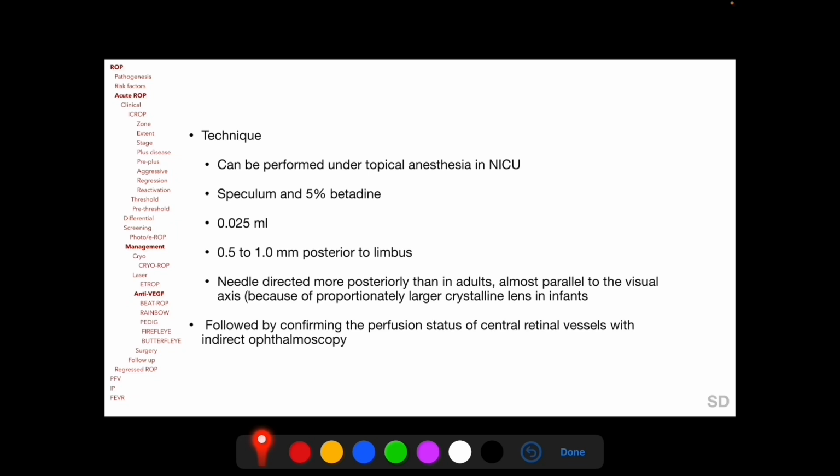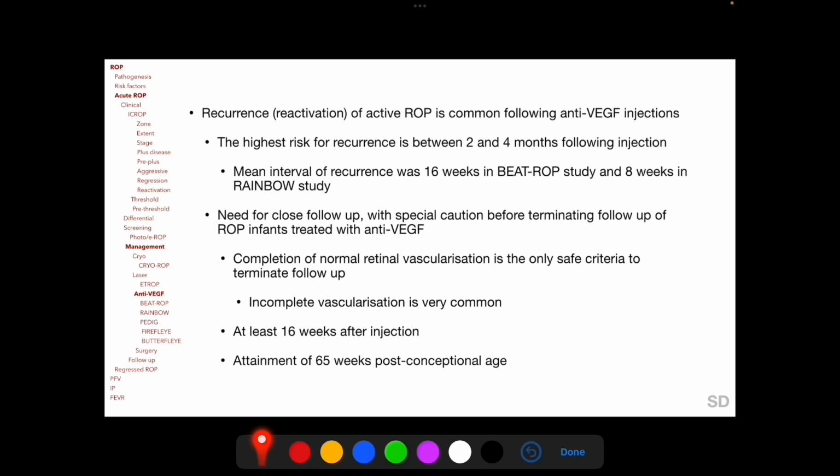Anti-VEGF injections can be performed under topical anesthesia in NICU, and particular care regarding sterility of the procedure should be taken. In contrast to anti-VEGF injections in adults, in infant eyes, only 0.025 ml volume can be injected, 0.5 to 1 mm posterior to the limbus, with the needle directed more posteriorly, almost parallel to the visual axis. And following intravitreal injection, perfusion status of central retinal vessels should be confirmed with indirect ophthalmoscopy. As we have already discussed,